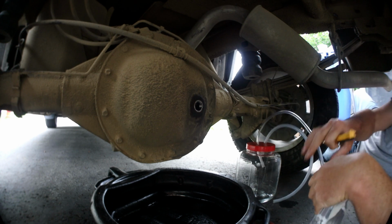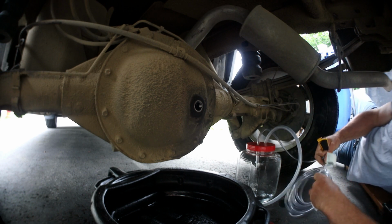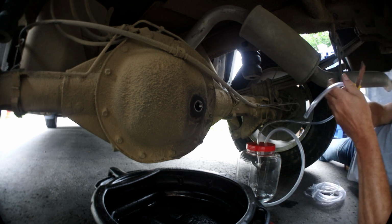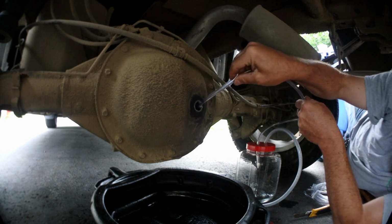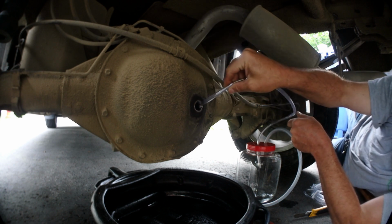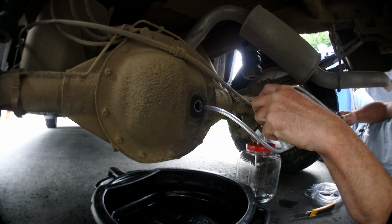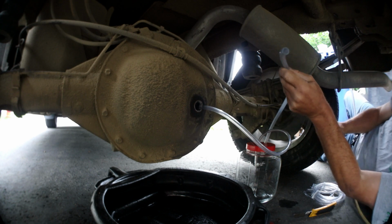And I'm gonna try to suck it with a kind of a vacuum made with my air compressor. I'll show you what I did. So, going in and going down. Okay, should be like this. And that's